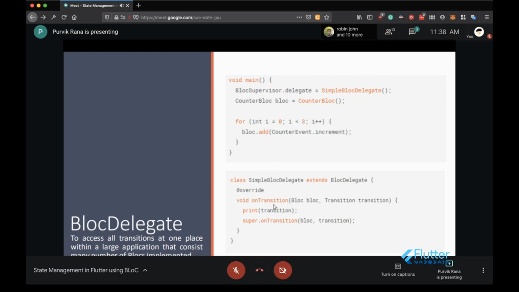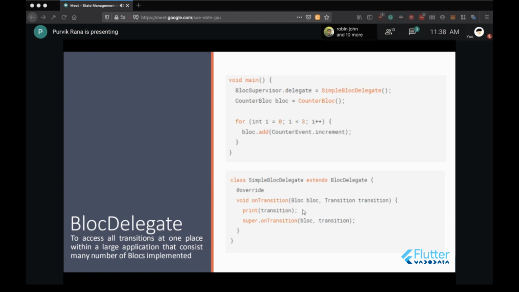And you can also do some processing regarding some transaction. You can easily have the different states and different events from over here. So if you want to perform some actions, you can also perform those actions from this particular method. But remember that all the transactions will go through this particular delegate, so each and everything will be processed over here if you have that kind of thing. So that's what about the block delegate.